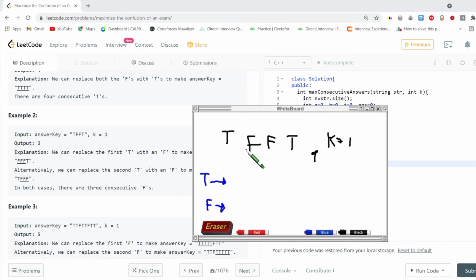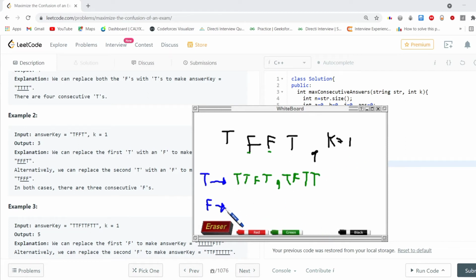We can change only one character. We can change this F to T or this F to T. If we change this F, then we will get T, T, F, T. Or if we change this F, then we will get T, F, T, T.